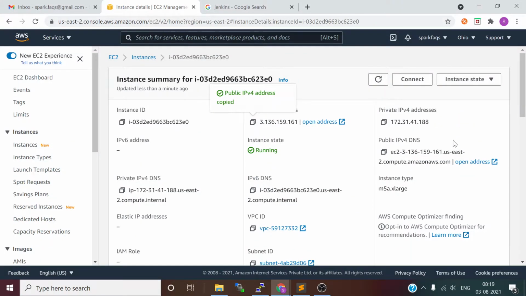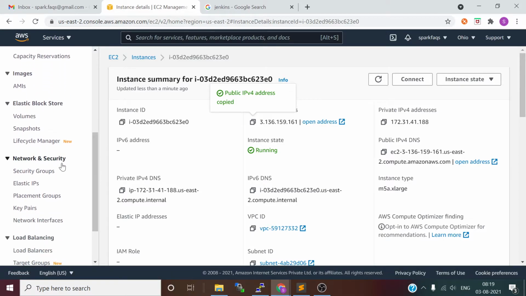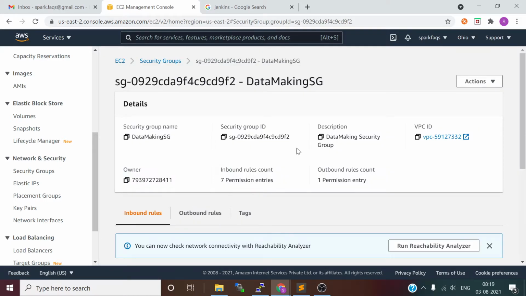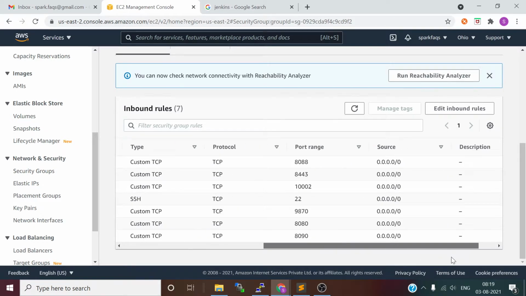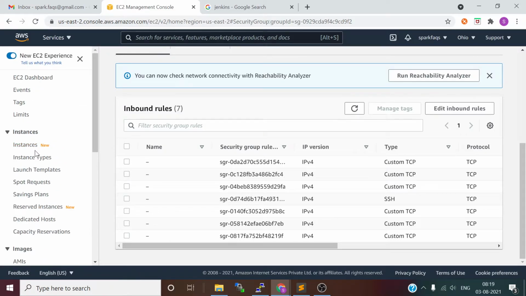Generally, in the EC2 instance, you can go to the security groups. Make sure you have port 8080 added. For this EC2 instance I'm using a security group, and you can open it and check that the firewall rule for 8080 is updated. So it's already updated. Okay, then I'll go back here.